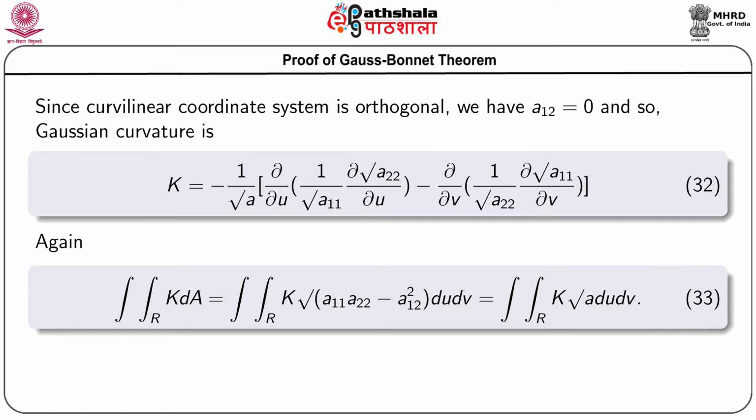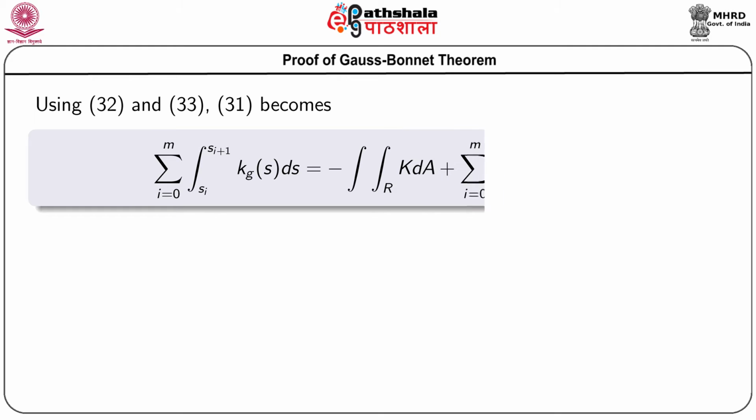And again, the double integration of K dA over the region R, where dA means root A11 A22 minus A12 square du dv, is actually K root A du dv. So, using 32 and 33, 31 becomes this: